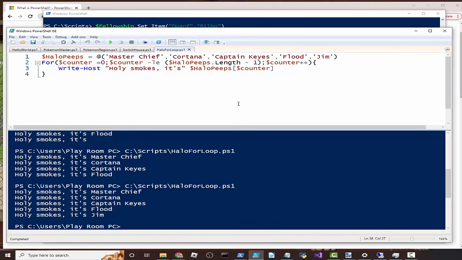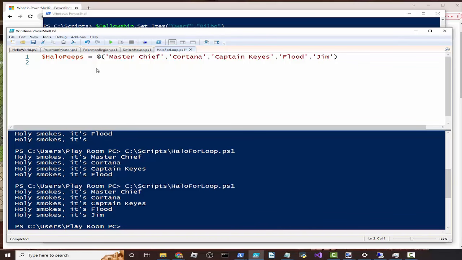We can take this even further. Let's get rid of the loop. We can just save this in the same script. And let's take a look at foreach loops. So now with a foreach loop, you can actually take a kind of new instance of the element as its own object or variable. And I know that sounds weird, so let's just go ahead and do it. So foreach peep in Halo peeps,